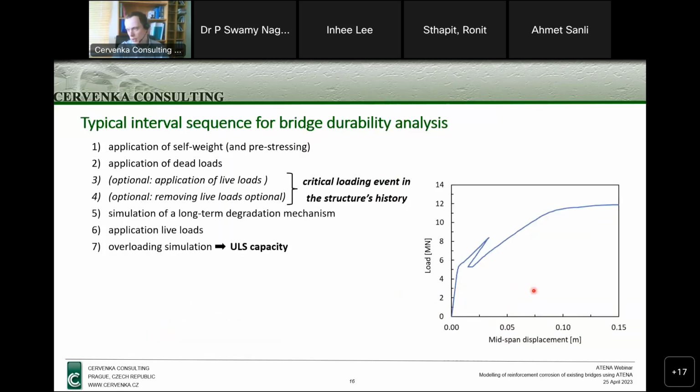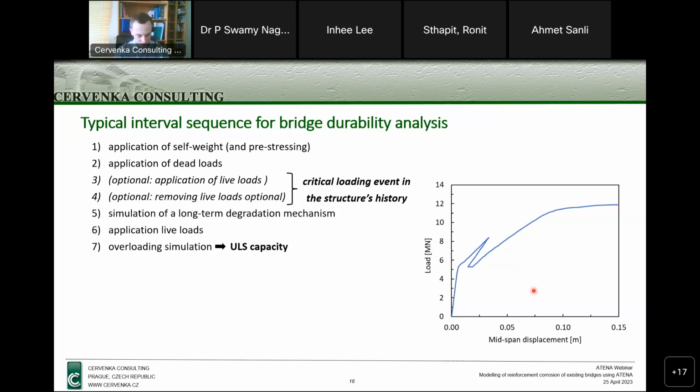So now I would like to move to just a quick comment on the workflow of the durability analysis, because for those of you familiar with ATENA, you know that when we're modeling the problem, everything is calculated incrementally, and we can define a loading history for the structure. And when dealing with this kind of long-term performance problem, this should correspond to a realistic history of